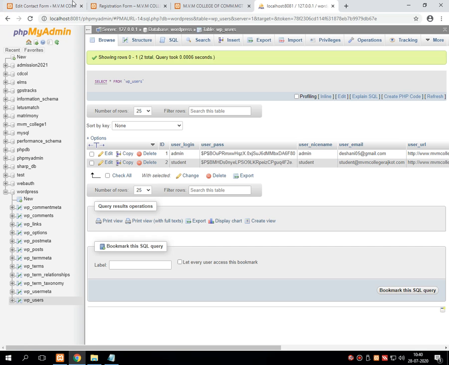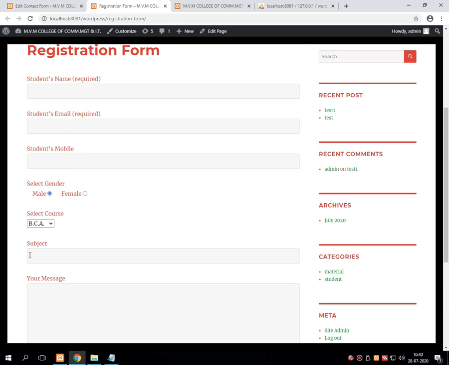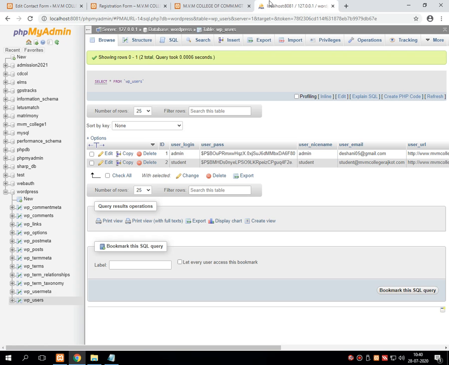Anyways, let me check it. Whenever we click on this send button, this particular data will be stored in one of the databases given in this list, that I will demonstrate in the next lecture. I need to check where it is stored, and then I will inform you where it is going to be stored. Thank you very much for listening.